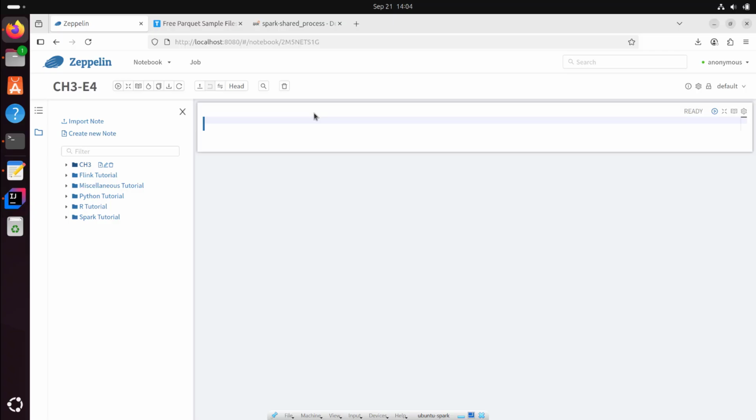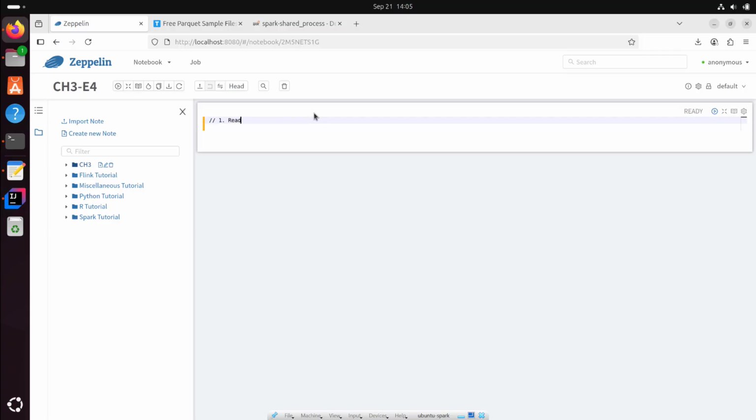Before writing a single line of code, let's talk about why planning matters. Think of coding like cooking. You don't want to be halfway through a recipe only to realize you are missing ingredients. The same goes for data programs. Planning saves time and avoids mistakes. So we are going to use a blueprint for our project, and the blueprint looks something like this: